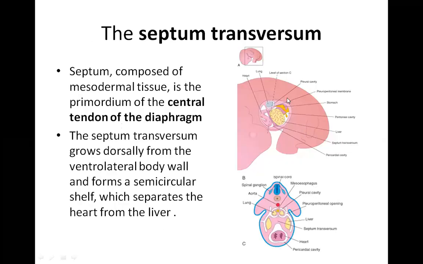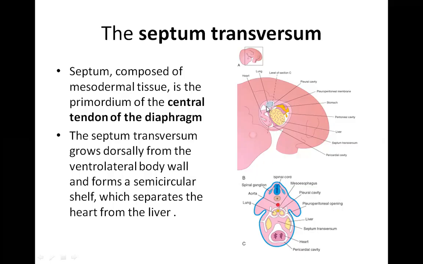So firstly, the septum transversum. This one is the lateral view of the embryo. This one is the cranial part. This one is the caudal part. So over here, this section has been magnified. This is a cut section at the level of the septum transversum. This one is the developing heart. You can see this one is the primitive pericardial cavity. This one is the pleural cavity that has been formed. This one is the septum transversum.